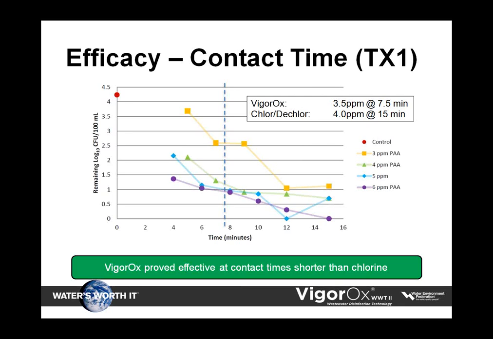In order to meet permit limit, they needed to build a new contact chamber. Obviously, if they could reduce the contact time required without increasing the dose too much, they could save a significant amount of money. A pilot test of this plant demonstrated that contact time could be cut in half with Vigorox at similar operating costs to those of chlorination and dechlorination.